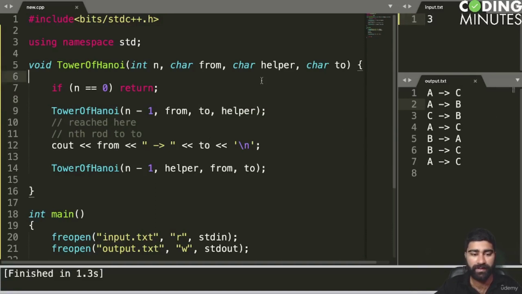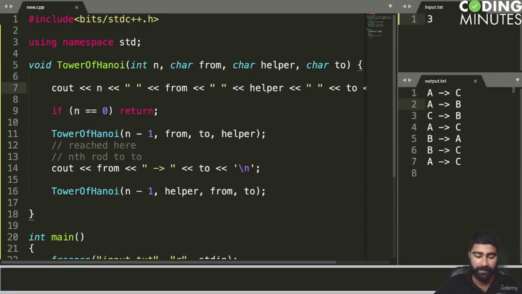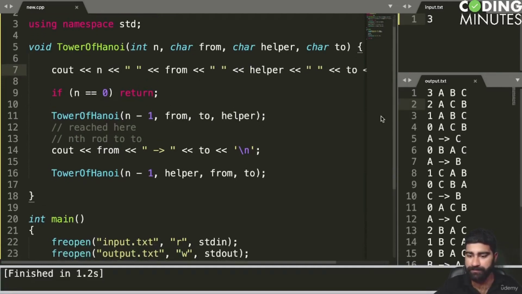Of course you can. Okay, do you want me to print what's going on? Okay, let's print this as well. I know it's a little tough to understand. I'm trying my best here. So yeah,